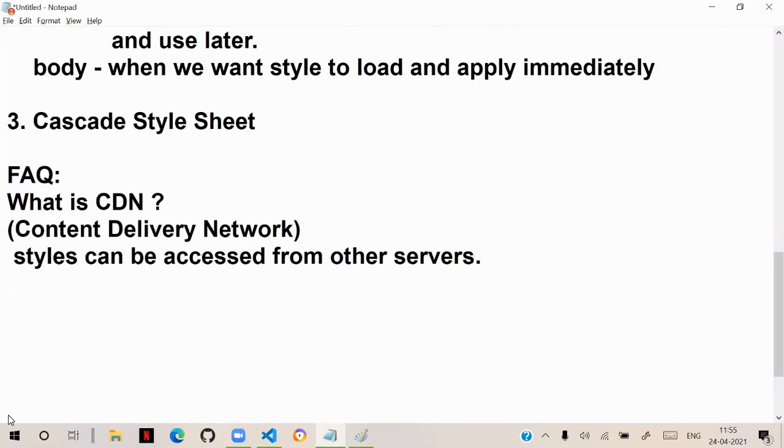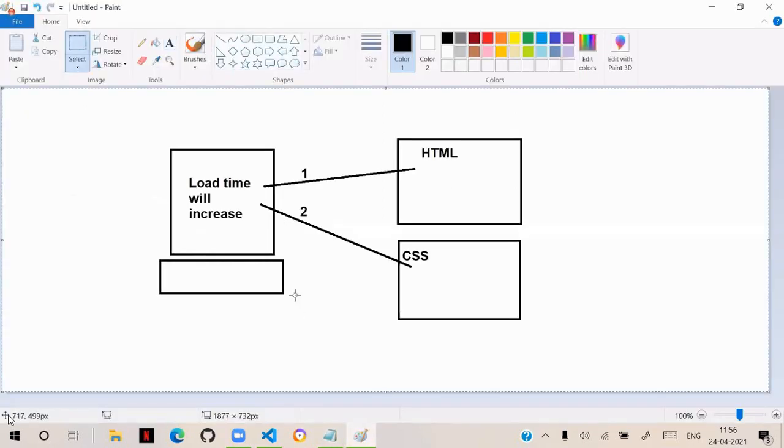Currently, styles are present in our website, in our server. We can access them from other servers. So what is the advantage of accessing from another server? Generally, we can use the same styles across several projects. In real time development in companies, what happens is